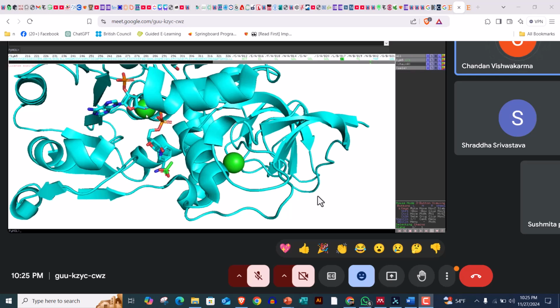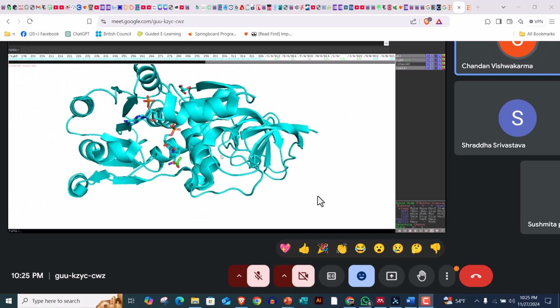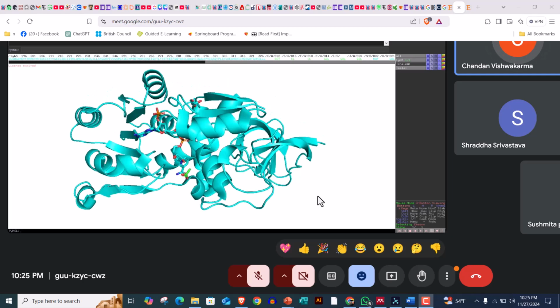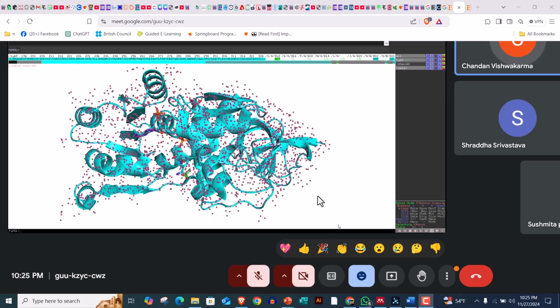Just select it, just enter it and just remove it. So this is chain B. Okay, now what you want to do, just hold shift on your keyboard and drag with the mouse, and everything is selected. Okay, now just rename it chain B. Rename it to chain B. Okay, so this is your